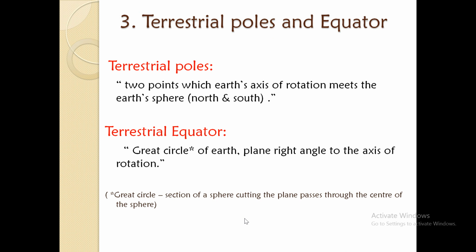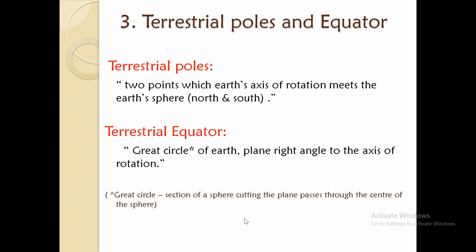As we know that Earth is rotating on an imaginary axis, and if this axis is prolongated and meets the Earth's surface, it forms a point north and south. The terrestrial poles are the 2 points at which the Earth's axis of rotation meets the Earth sphere, that is the north